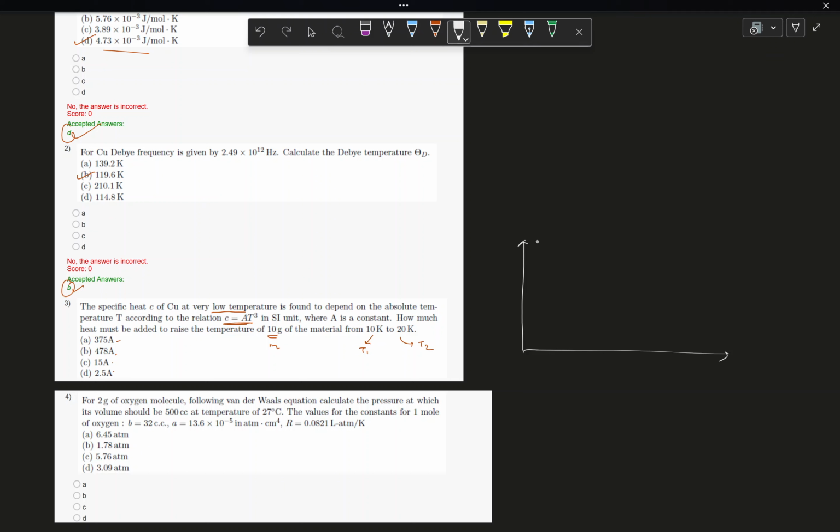And then as you lower the temperature, it deviates from that constant value, and it has a temperature dependence, that it falls off as the temperature decreases, and as the temperature tends to absolute zero, C also tends to 0. That is the specific heat nature, and it is also experimentally found for different materials, and also theoretically verified by the famous Einstein-Debye theory, that at low temperature,